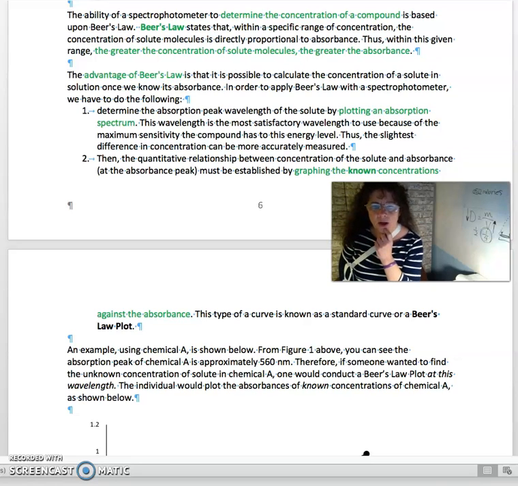Now we're getting into Beer's law. And Beer's law comes into place after you have really identified the unknown compound by ratcheting your slit down to the peak wavelengths and securing the peaks within that peak wavelength and the look of that graph, comparing that to knowns of compounds. So there are literally books of knowns and absorption